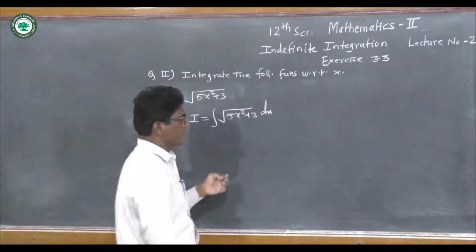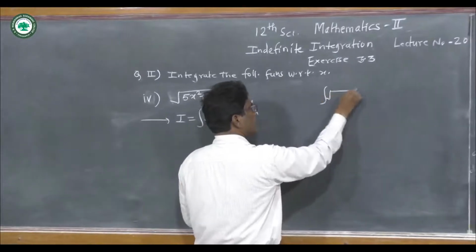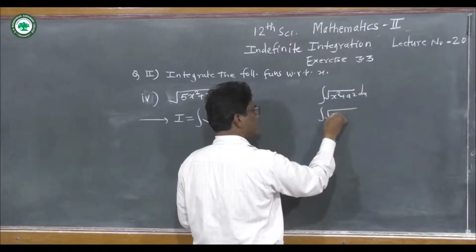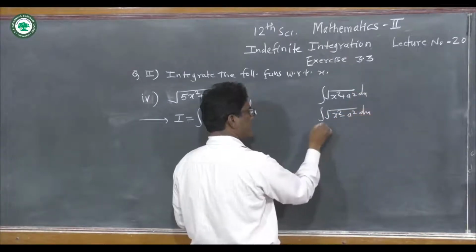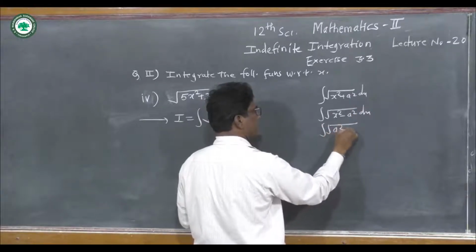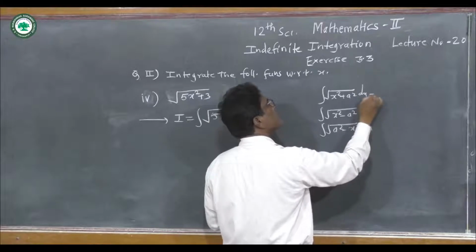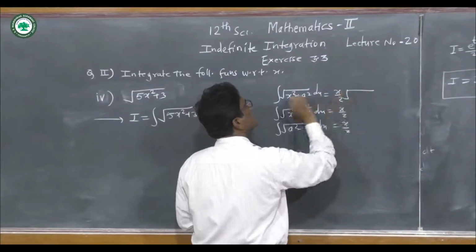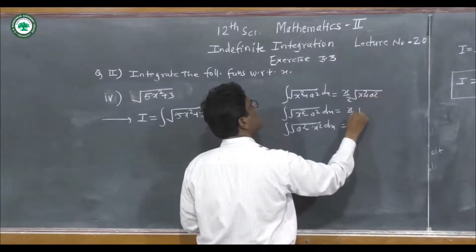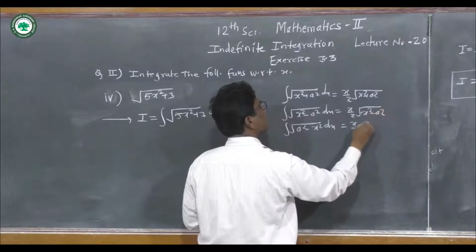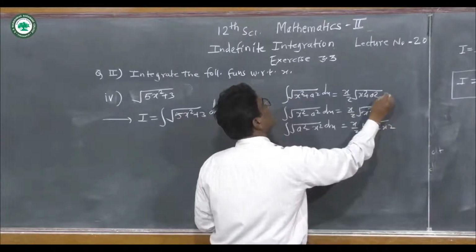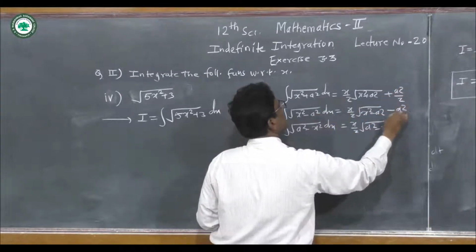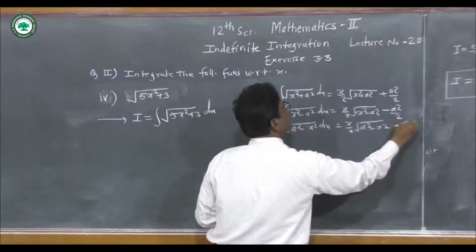Now we have seen three formulas: integration of under root of x square plus a square dx, or integration of under root of x square minus a square dx, or integration of under root of a square minus x square dx. In all these formulas we take x by 2, and take the question as it is, root of x square plus a square, root of x square minus a square, root of a square minus x square, and then plus a square divided by 2, minus a square divided by 2, plus a square divided by 2,